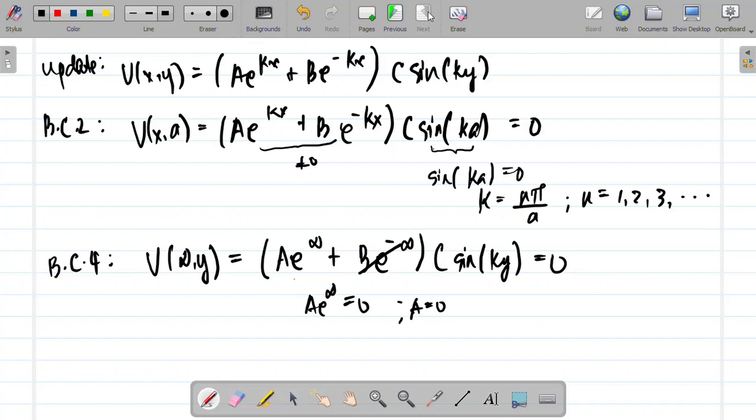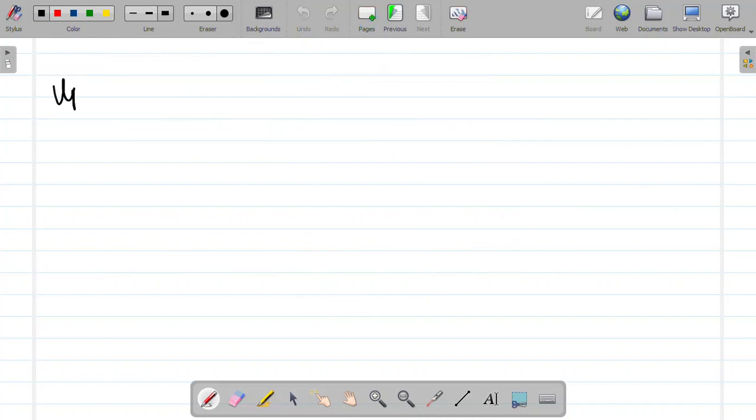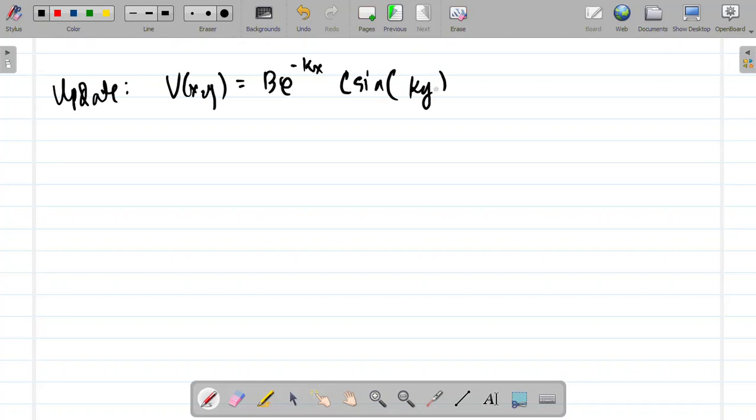Okay? So, update tayo. We have v of xy equals b e raised to negative kx c sine ky. Where yung k, alam na natin kung ano yun. So, now, class, constant lang to, di ba? E di, pagsamahin na natin, and i-simplify na natin yung k. So, this is c e raised to negative n pi x over a sine